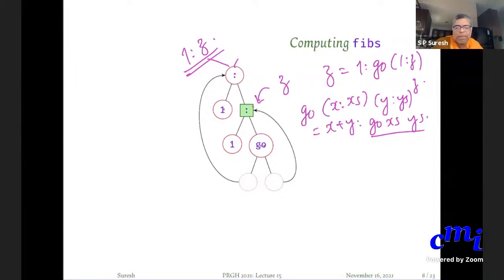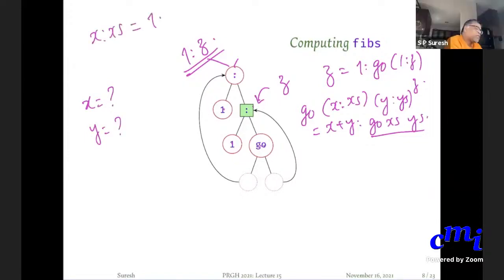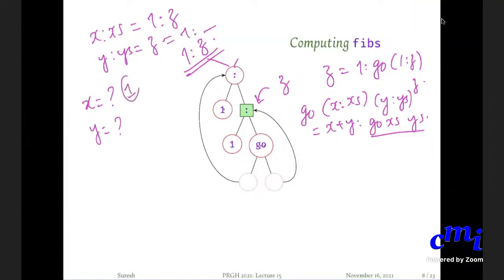Can somebody tell? Sir, both have to be 1, right? Yeah, x colon x's is nothing but 1 colon z. Y colon y's is nothing but z. But z itself is 1 followed by something, by our definition. So both x is 1, y is 1.